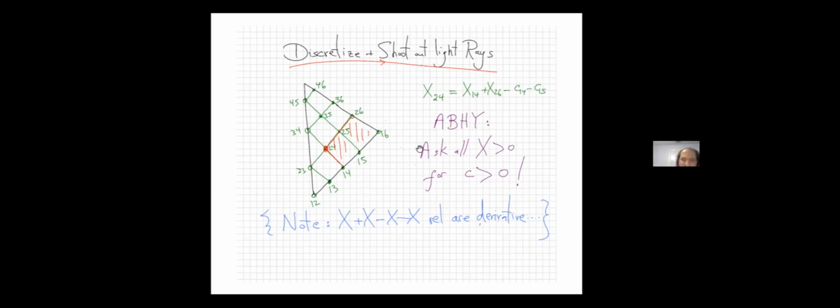But I want to stress a little difference in attitude here. Here what I'm saying is that I'm going to directly define X here as Y, as the value there, plus the value there, plus the sum of these meshes. That's my sort of fundamental solution of the wave equation. And from that, now I just ask that all these X's are positive, and that cuts out the ABHY Surfacehedra.